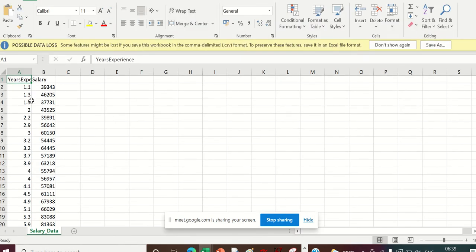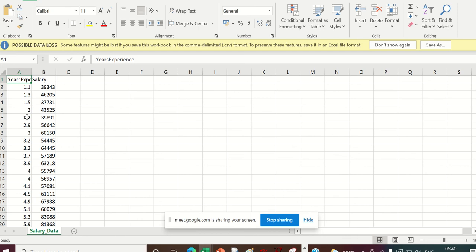It is a simple data which shows how a person's salary will vary with his experience. So it is a one x versus y, a simple one-on-one data.